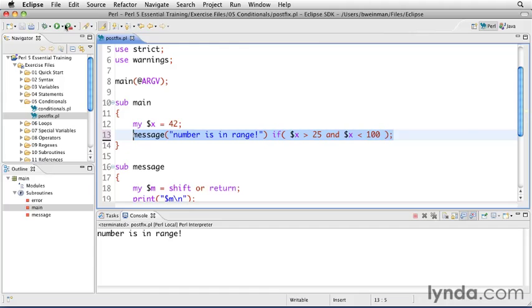If we save this and run it, you'll see that it works exactly the same as the other way. This is most useful if your action is one statement. If it needs to be more than one statement, you need to wrap it in a block and you need to put a do before that block, and it just loses its elegance entirely. You can use pretty much any control structure in Perl, and as we go through the rest of the course and we learn some of the other control structures, even the loops, you'll see that this is a useful notation